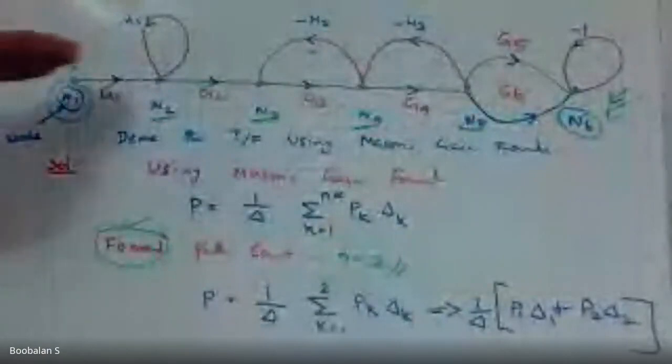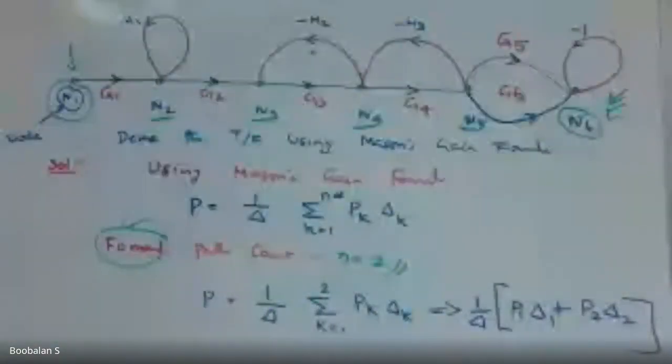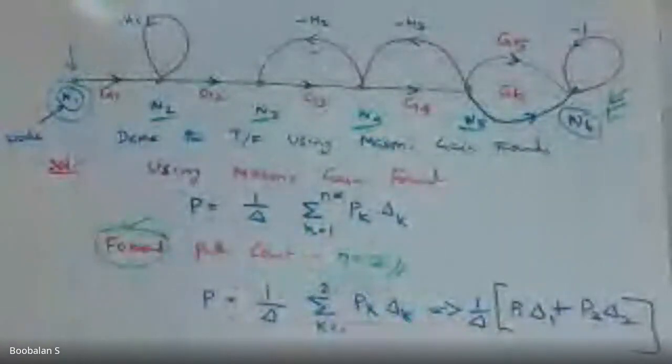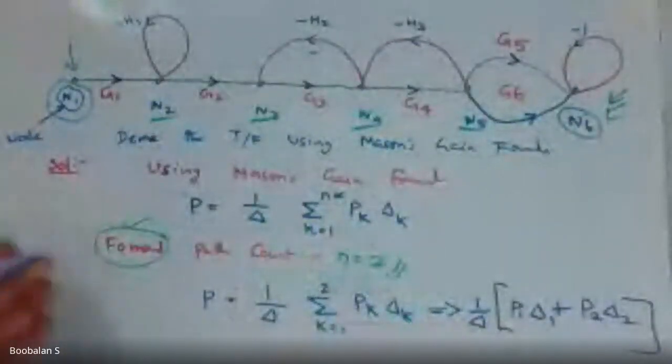In the given diagram, it keeps going, then n5 comes, and then there is a jump, either here or down. So these are two possible ways to reach my end node. That's why the number of forward paths is 2. Once you find this number of forward paths, substitute it in the given Mason gain formula and expand it. We'll go one more step today and one more step tomorrow. After finding the number of forward paths, we need to draw step 2.